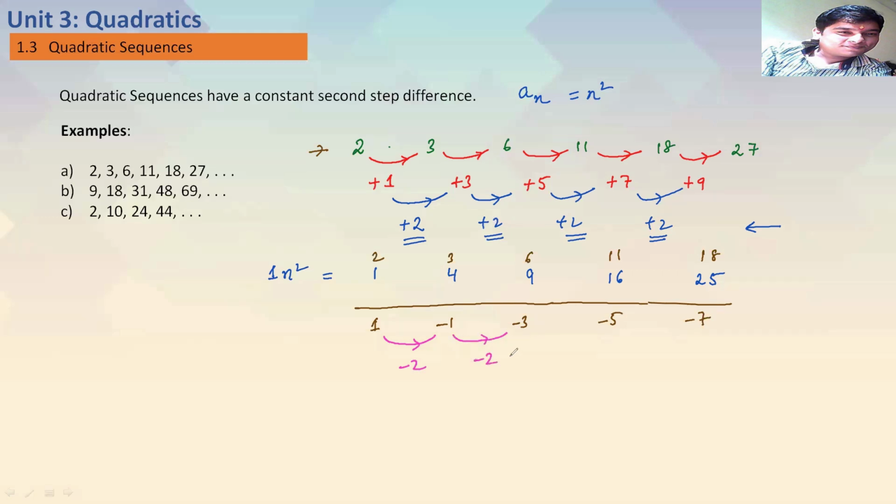-2. Again, -2. Very good. This is going to be -2 as well. This is going to be -2. Fantastic. So the second term that we get, Christian, is